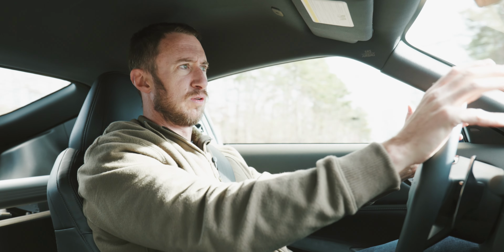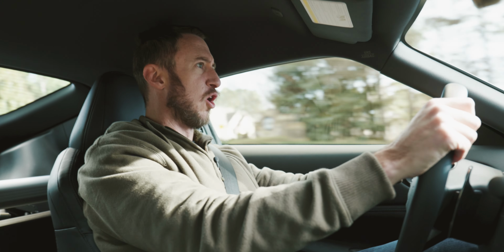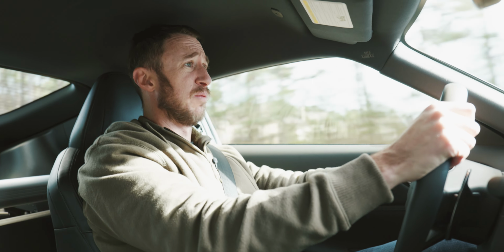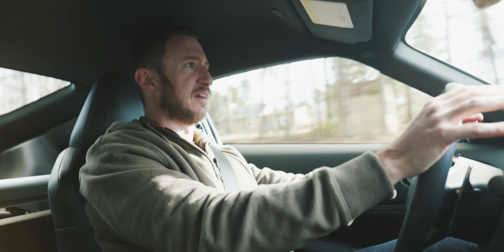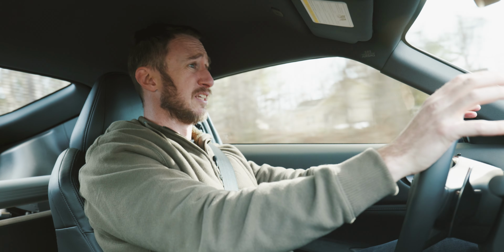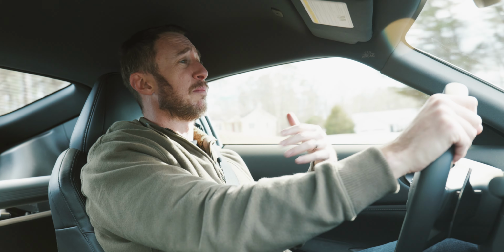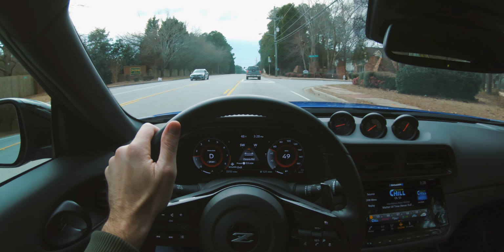You're going over a road like this, kind of a Georgia back road, and it's nowhere near as harsh. It's compliant even, it's more comfortable. It kind of reminds me of a really firm, well-tuned sports sedan, and that's not a bad thing. I mean, to be honest, I think this is really nicely tuned. I think that Nissan might be being a little more realistic about its daily use, but so are some of